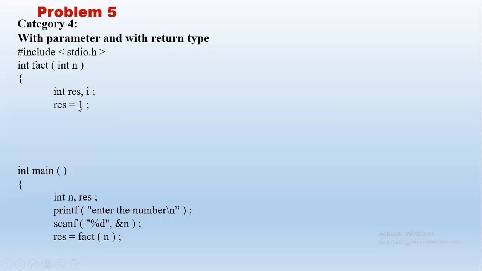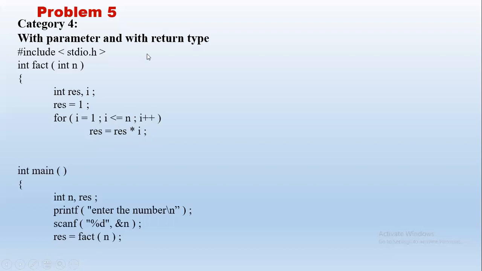We are initializing result to 1 because the basic operation is multiplication. 1 is the multiplicative identity. And the same logic we use to find the factorial. Multiply each number by i, incrementing every time until we reach n. Once the i value is greater than n, we will stop. So at the end of this logic, result has the factorial value. So 1 into 2 into 3 into 4 into 5 into 6. Every time we multiply, and then at the end we get 720 as the result.